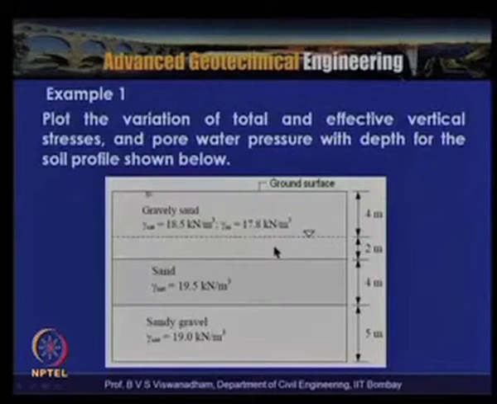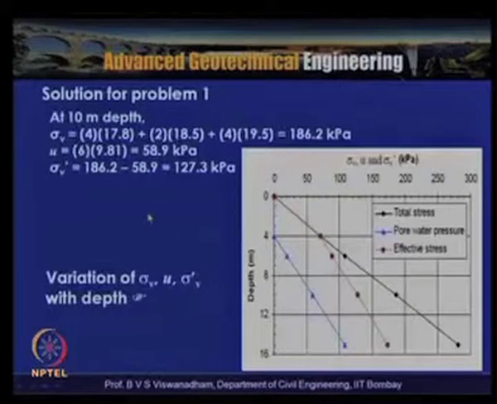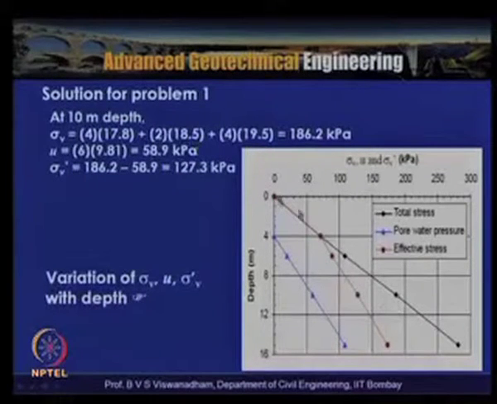Below the water table, the same layer is saturated, so we need to take this one. So here we do 4 into 17.8 plus 2 into 18.5, that is the saturated portion. So we now come to the water table, which is at this particular location. Then 4 into 19.5, that is the other layer. With that we can find out the total stress here as